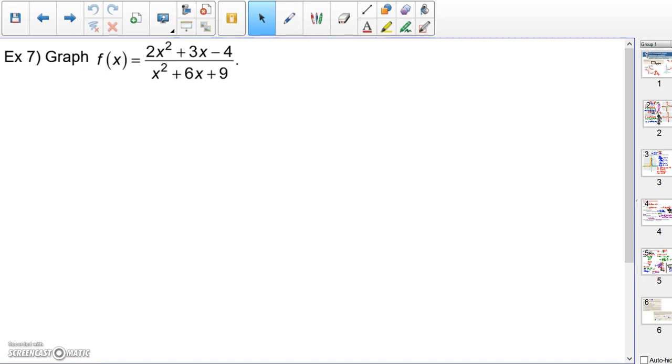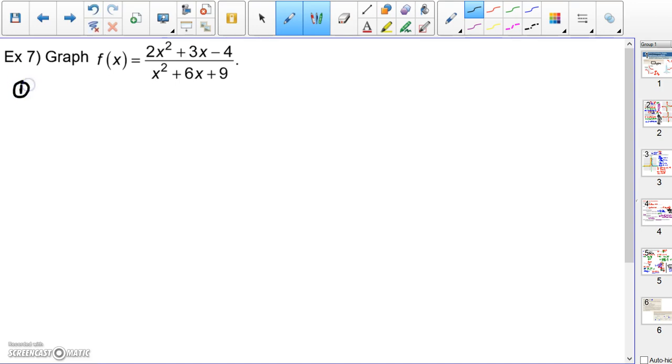Example 7, graph this function. All right, unfortunately this one was not already done for us in a previous problem, so we're going to have to actually find the vertical asymptotes by ourselves here. So remember, vertical asymptote is where the bottom equals 0. So we need to find